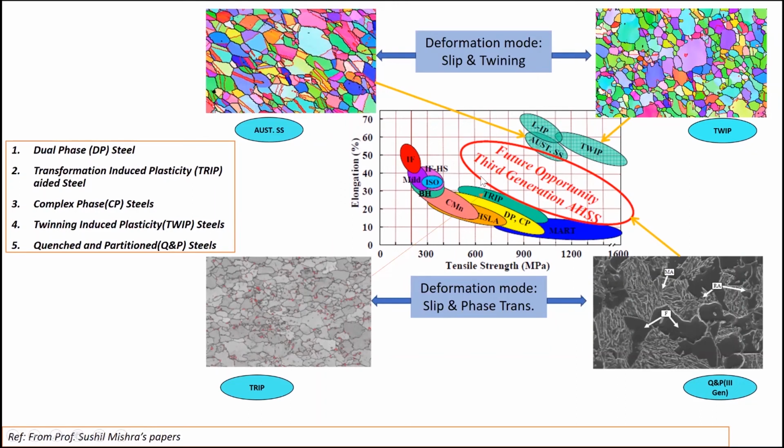Of course, looking at this kind of a representation, as a practicing engineer, if we were asked what is your wish list, then obviously all of us would say, can we move diagonally in this direction, right? The curve is defined like this, but we always pose the question, can I have the cake and eat it too? Meaning can I have high strength and high ductility or high formability together, which means we want to drive that steel development in this diagonal direction. And the steel R&D community is working on that.